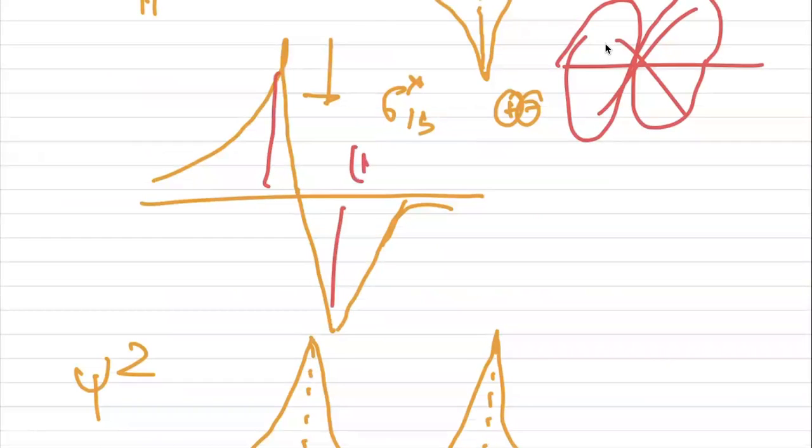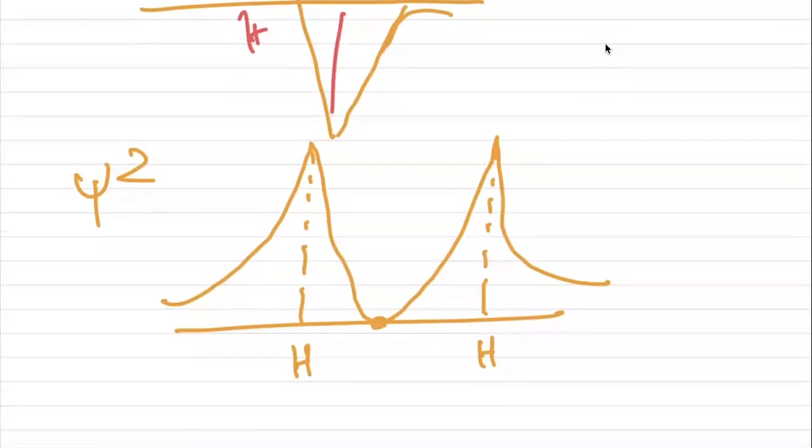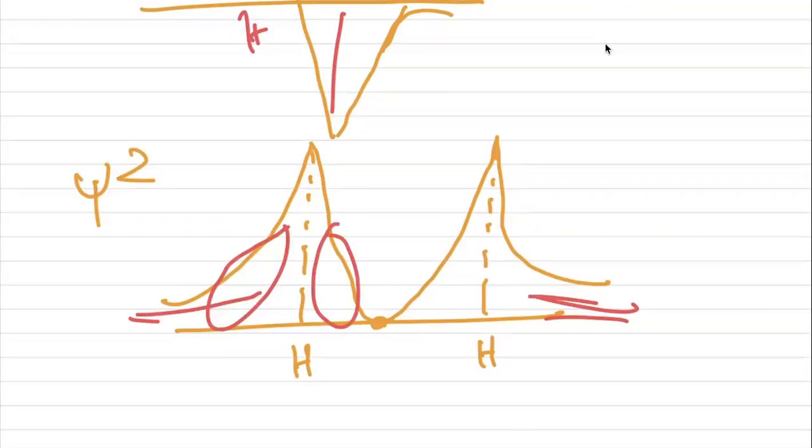Okay, this is for hydrogen. And when we are drawing a psi square graph, chi square is always positive. So that's why we are getting a graph like this. If we go to this region, the probability of finding electron is okay. But if we look at the middle, between the two nuclei, the probability of getting electrons is 0. That's why the structures are like this. One lobe will be on this side, another lobe on the other side, and this is the node.